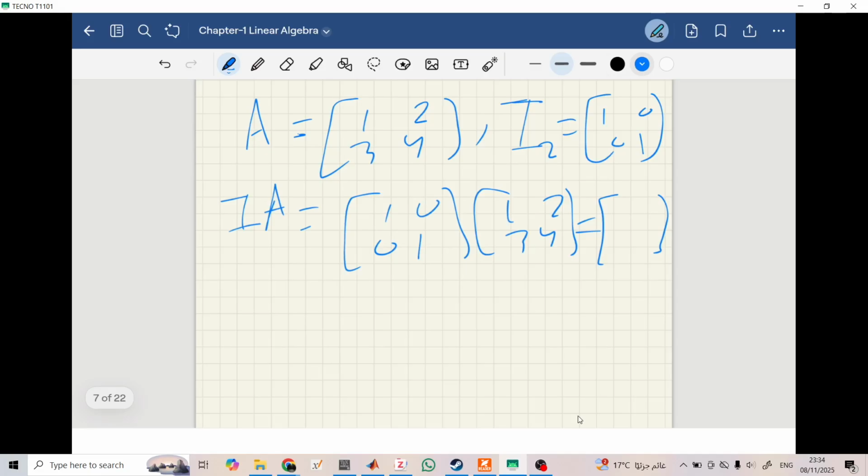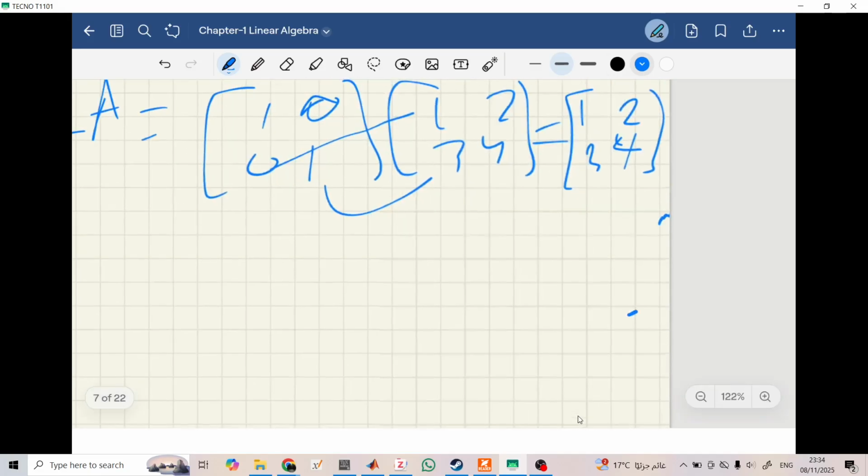1 times 1 plus 0 times 3 is 1. 1 times 2 is 2 plus 0 times 4 is 2. Same thing here. 0 times 1 is 0, and they have 1 times 3 is 3, and the same thing here. Okay, so let's say that we want to multiply them